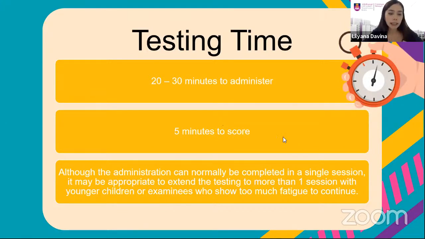If the patient has no motivation, uncooperative, you should discontinue the testing and resume in the next session. You can always stop halfway and continue on the next session. You don't need to start the assessment from the starting point again. Just continue from where you left off before.